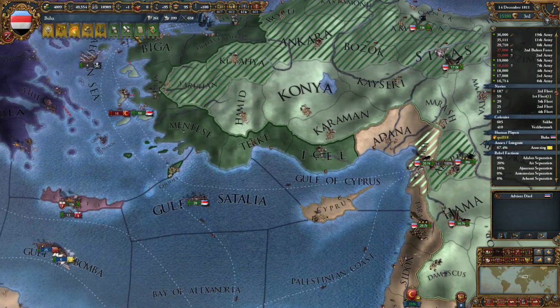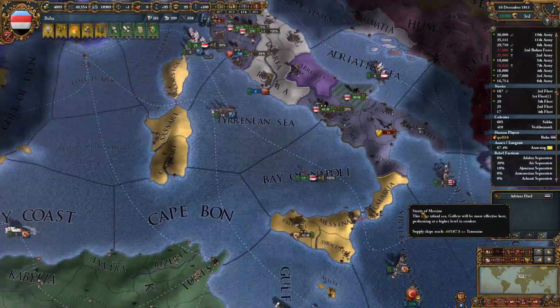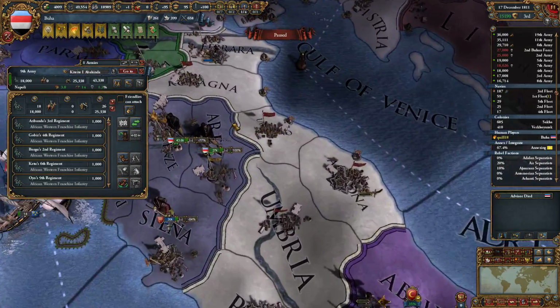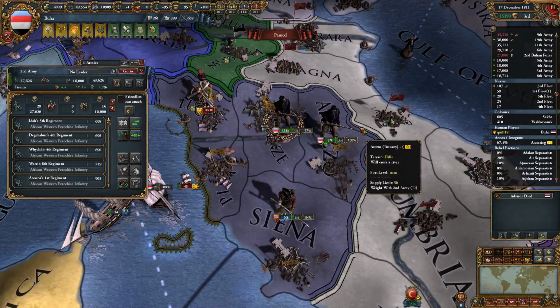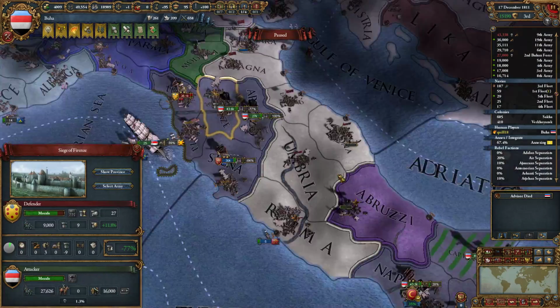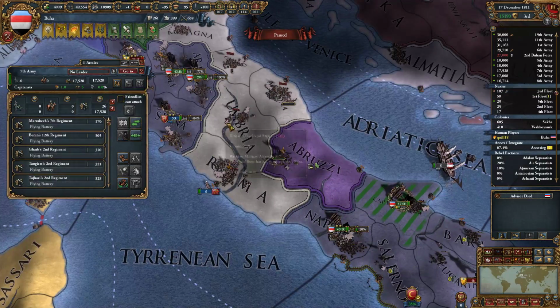Again, I do have to send a stack over here because I'm going to want to grab that, just because it annoys me that right next to my land is Ottoman land. So that's nearly done, that siege. We're going to have to go and clear this out. How are you doing now? Not quite enough cannons. We've got some extra cannons over here. I'm going to grab...